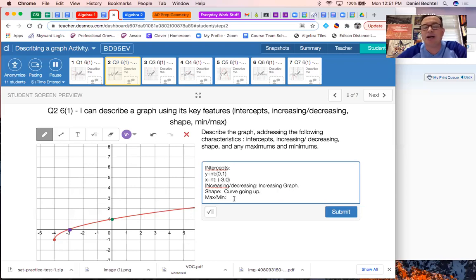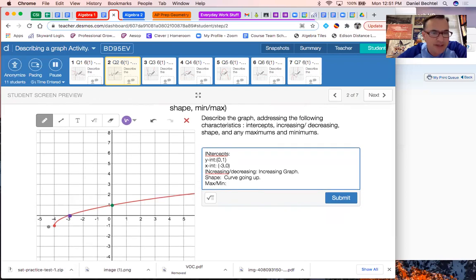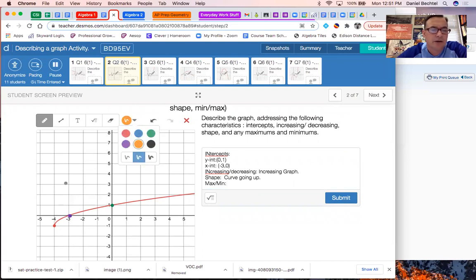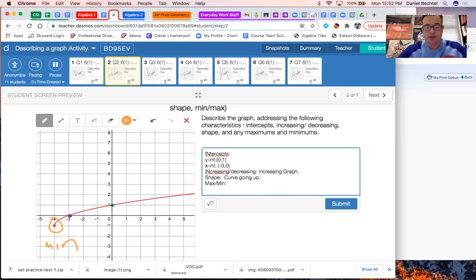The max and the min is talking about, are there any values? Like you see this going off to the edge. This just keeps going. So is there a point that is the lowest or the highest of this? When I look, this point right here appears to be the lowest point on the graph because everything starts here and then goes up from there. So this appears to be what I would call a minimum value because nothing is below this and everything goes up from there. So I would say here, you have a minimum